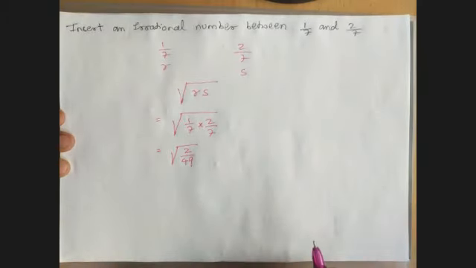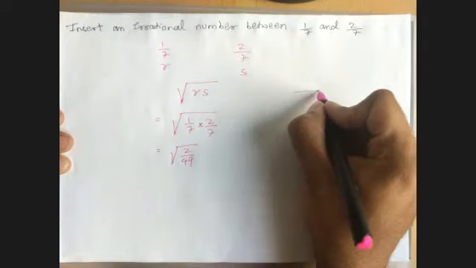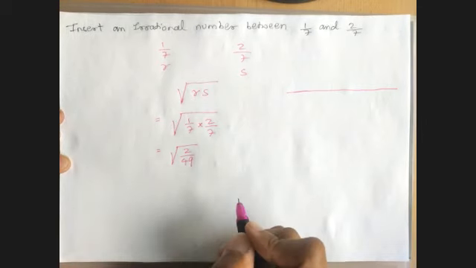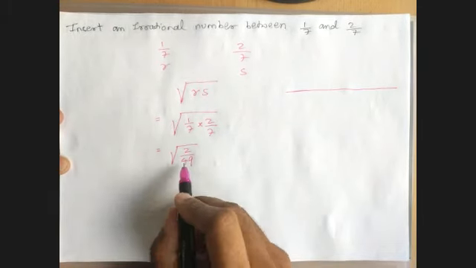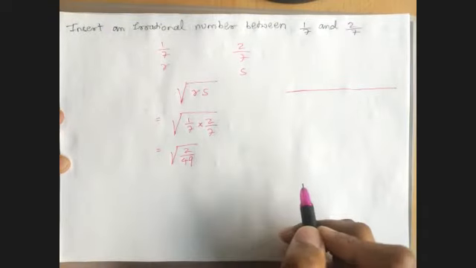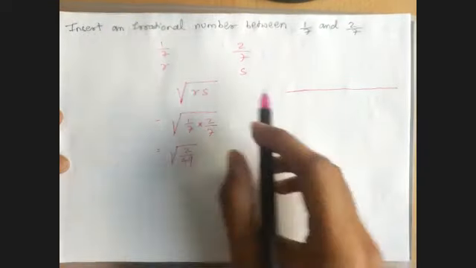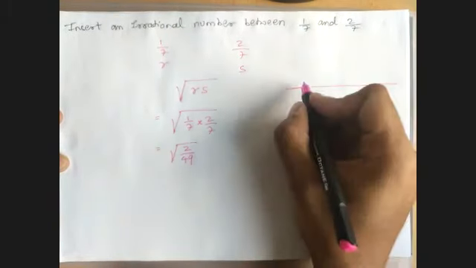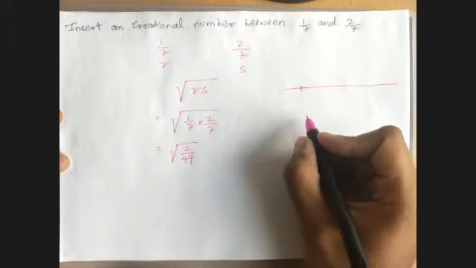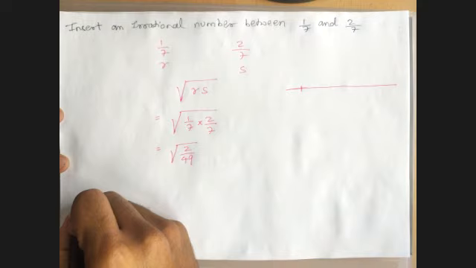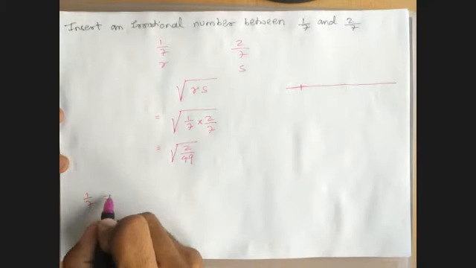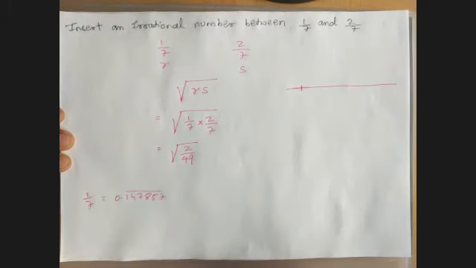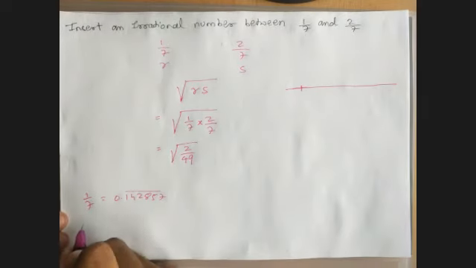Now let us take, they want something on a number line. So how do I represent this on a number line? It is a bit complicated. Finding root and all is complicated. So we'll find another solution because there are infinite irrational numbers between them. So first let us look at 1 by 7 and 2 by 7. 1 by 7 we did in the starting. What is 1 by 7? 1 by 7 is nothing but 0.142857 recurring, right?